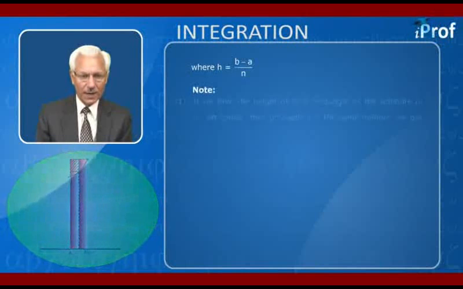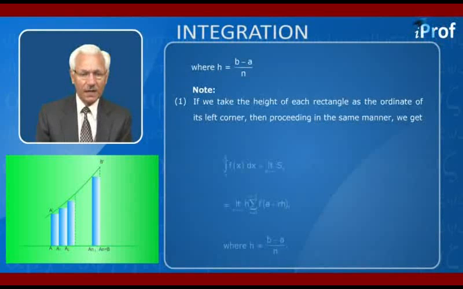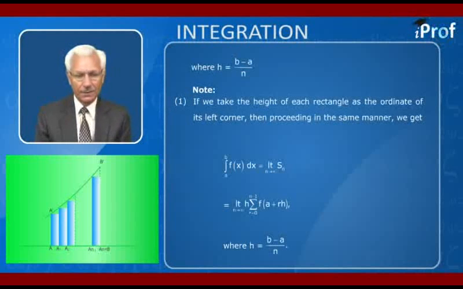Now note 1: if we take the height of each rectangle as the ordinate of the left hand corner, then proceeding in the same manner, we get the integral from a to b of f(x) dx is equal to the limit as n tends to infinity of Sn, which is equal to the limit as n tends to infinity of h times the summation, r going from 0 to n minus 1, of f(a + rh), where h is equal to (b minus a) upon n. Second, the symbol of integration represents integration